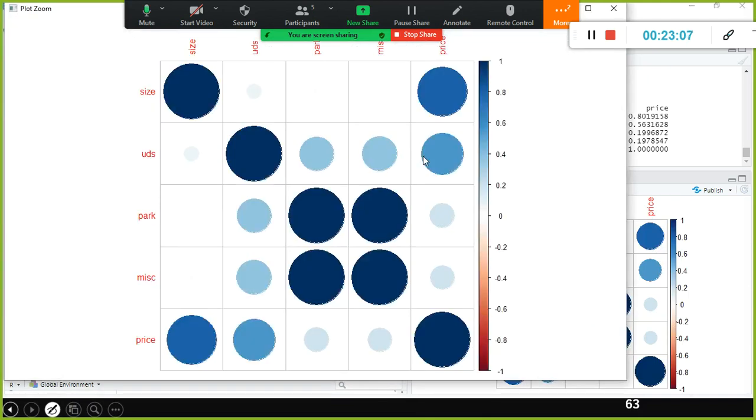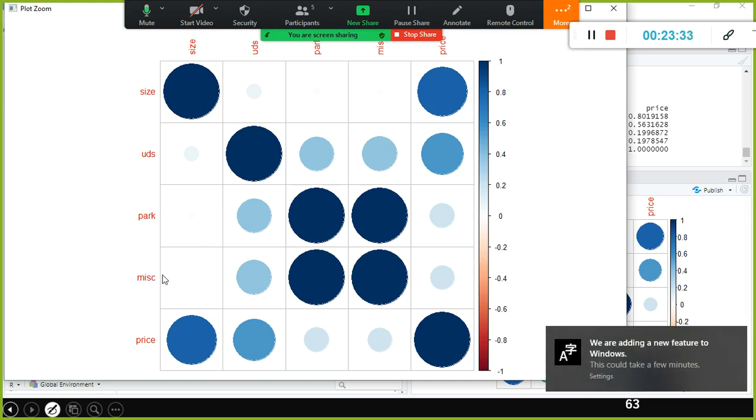Now look at this. Size and price. No, not that. You see, size and size are also correlated, but you are not supposed to look at the same variable's correlated value. My question was which independent variables are correlated, not independent and dependent. For example, MISC and park.